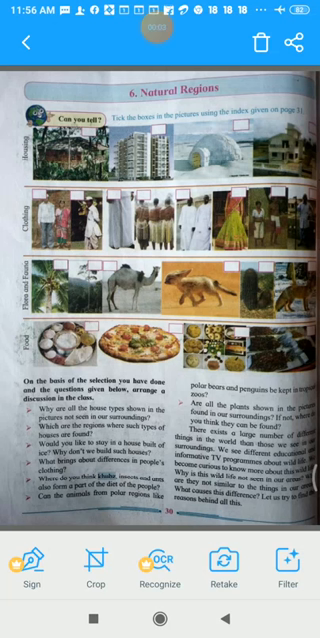Today we will start with geography lesson number 6, natural regions. Yesterday we finished our history lesson, and so today we will start with the geography topic. In natural regions, from the name itself, you can understand that in this chapter we are going to